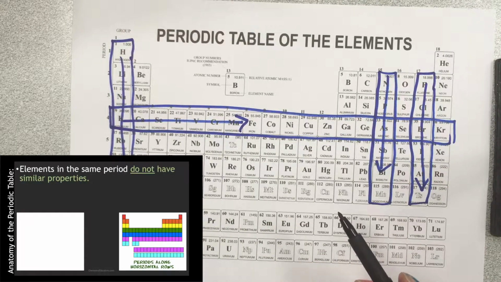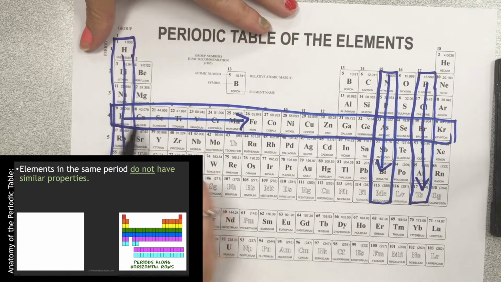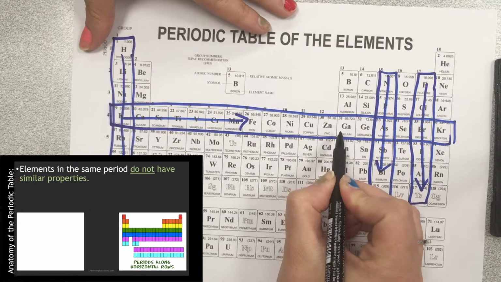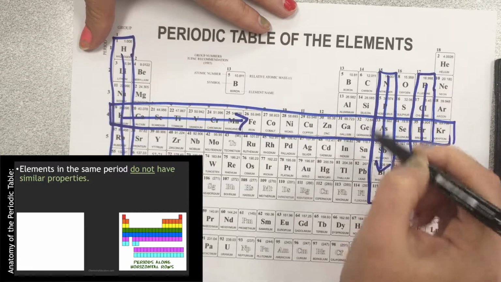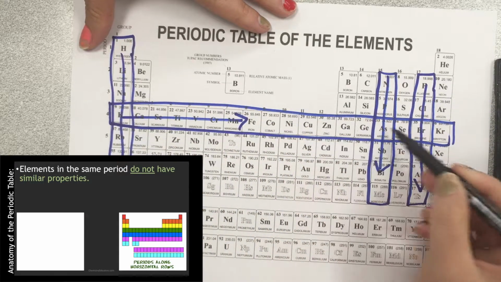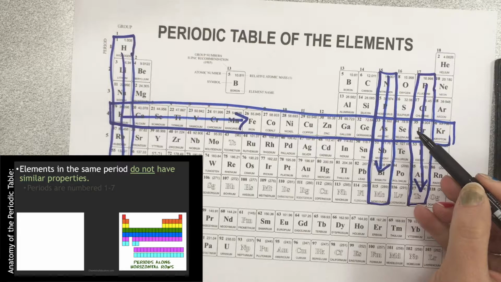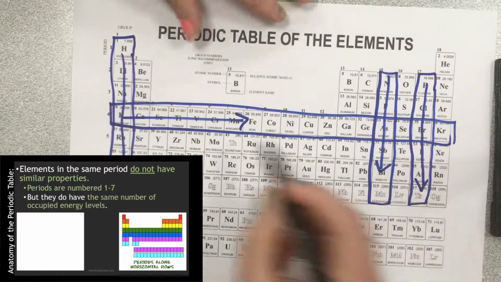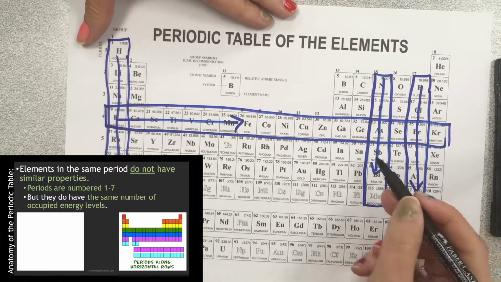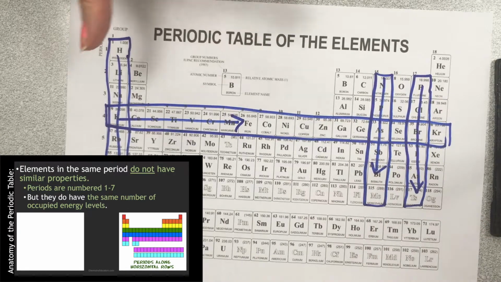All right. The elements in the same period, they don't have similar properties. So if we're going across this period, obviously if they all have similar properties going down, it's not going to be similar properties going across. So these elements going across, they all have the same energy level. So what that means,